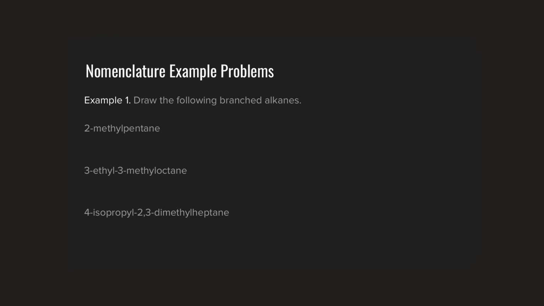All right, and I think something you're going to find here is that more often than not, the best way of learning organic nomenclature is to just start naming some compounds rather than trying to figure it out based upon theory alone. So let's just go ahead and start working some example problems right here. I'm going to ask you in example number 1 here to draw the following branched alkane molecules, the first of which is